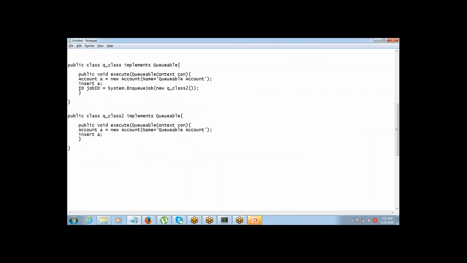Queueable concept is fine. We can actually put it in the queue. But sometimes the requirement becomes a little more complex, that the code should automatically go into the job queue at a certain time. Let's say every Friday. Sometimes you will have an Apex code that you want to execute on a frequent basis, and you don't actually want someone to do it manually. I do not know if you guys have done a reporting dashboard, and you might have seen scheduling reports. The report automatically gets generated and it gets sent to the people. Same way, in case I have an Apex code which I want to run on a frequent basis, let's say every week,